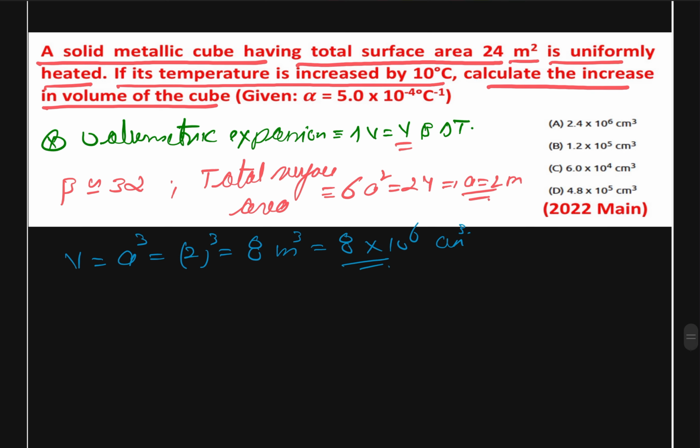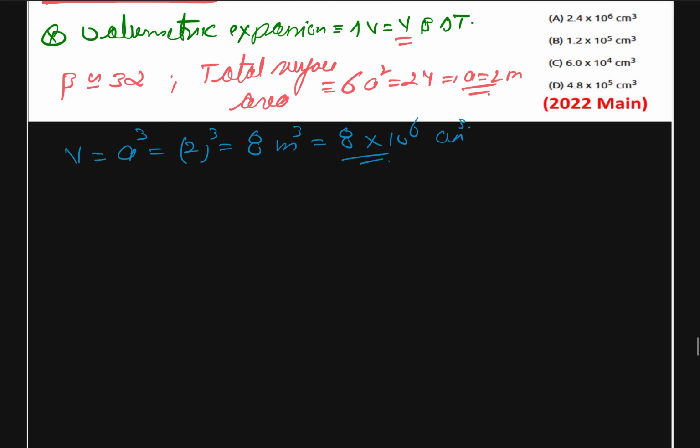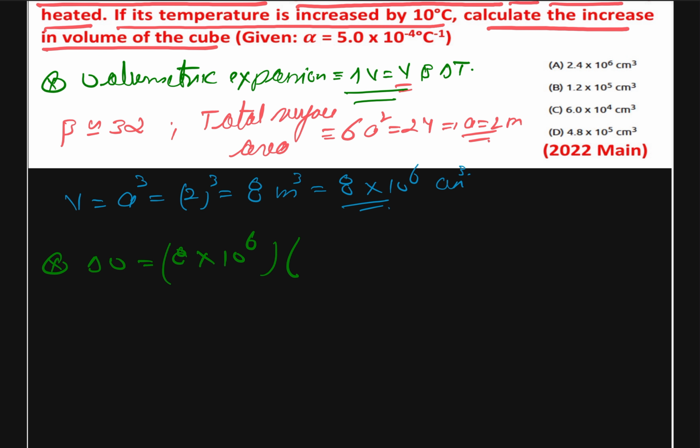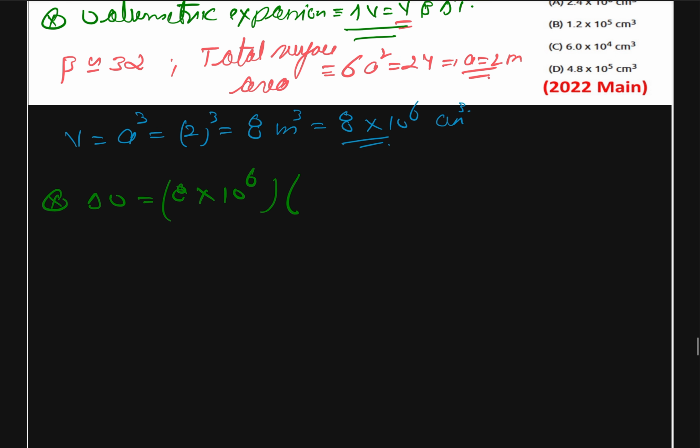And alpha is given to us. So we simply substitute the values now in the formula. We get our volumetric expansion, that is delta V is equal to V, and V is our 8 into 10 to the power 6. Alpha is our 5 into 10 to the power minus 4,